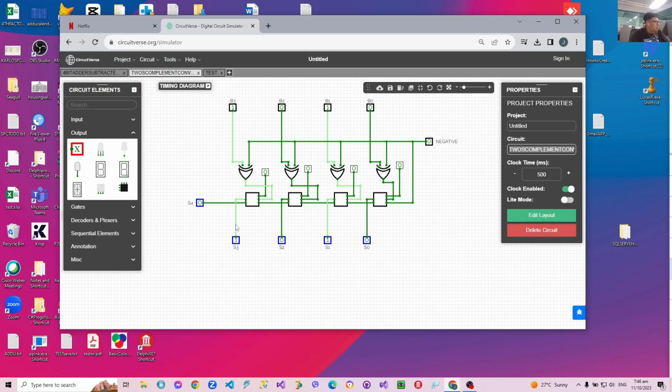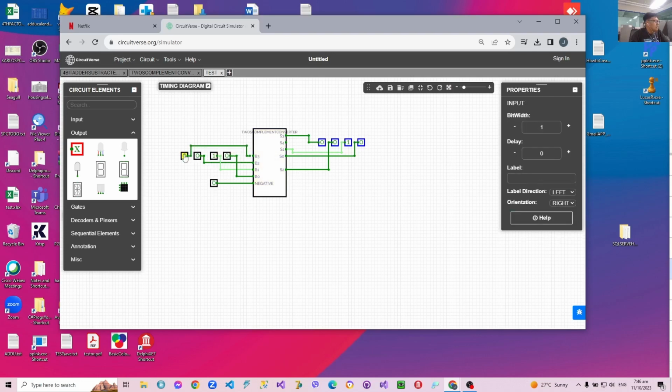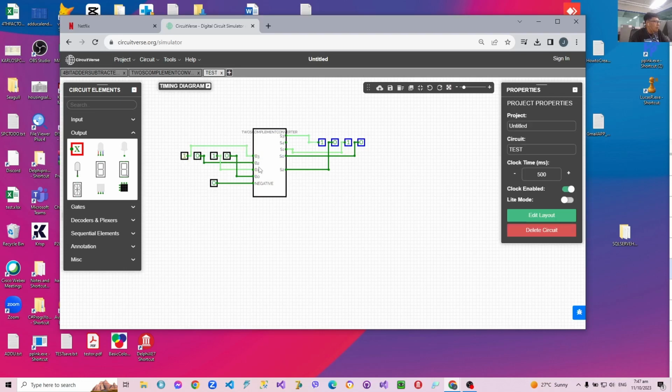Okay, it's 1, 0, 1, 0. Let's get this again. B0, this is B1, this is B2, this is B3. This is correct, this is correct, this is correct, but this is not correct. Let's find out why. No, we haven't connected the B3 properly. So now it's there. So anyway, when we have our negative input as 0, it will just pass on